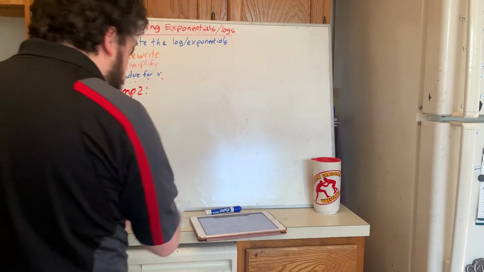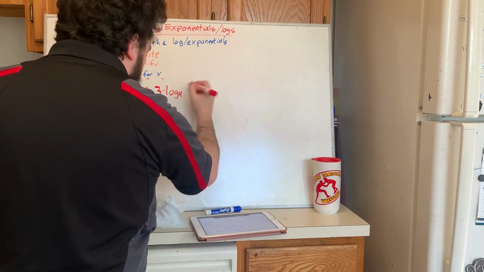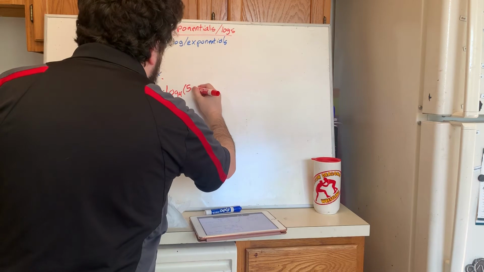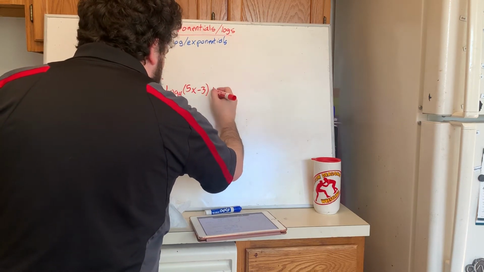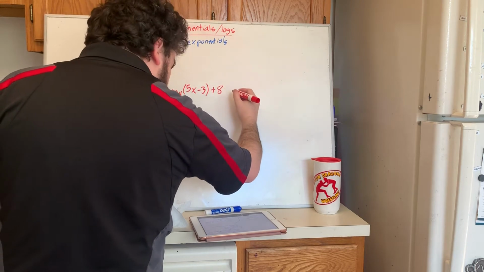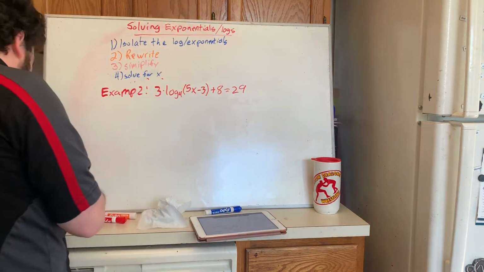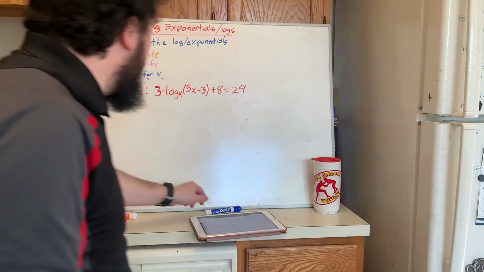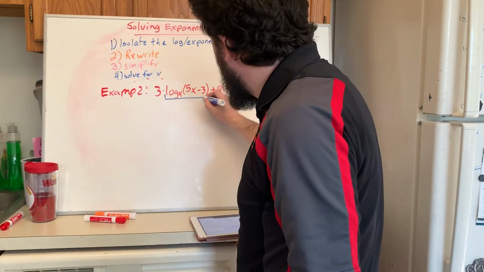We have 3 times log base 4 of (5x minus 3), plus 8 is equal to 29. So in order to do this, again, I want to start with trying to isolate the